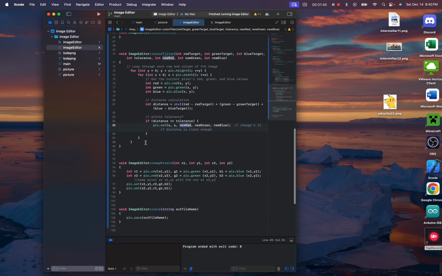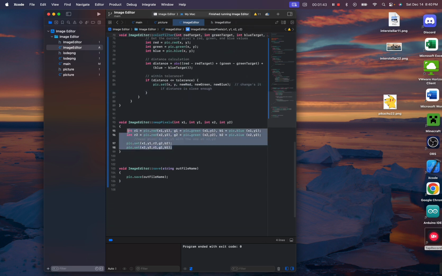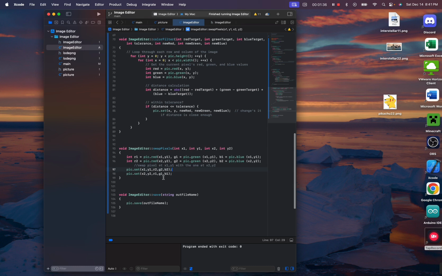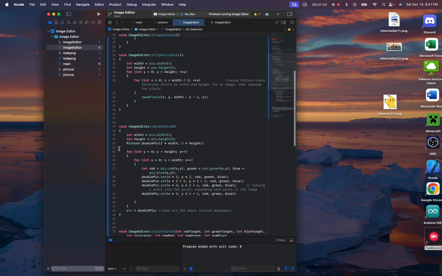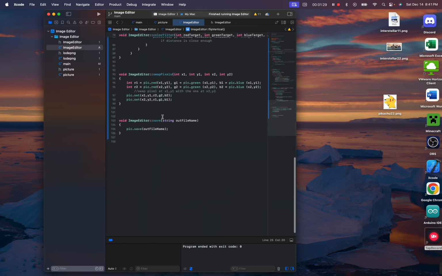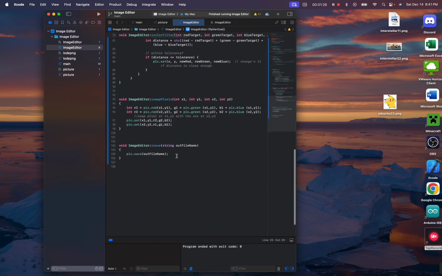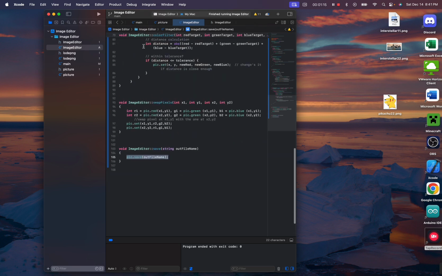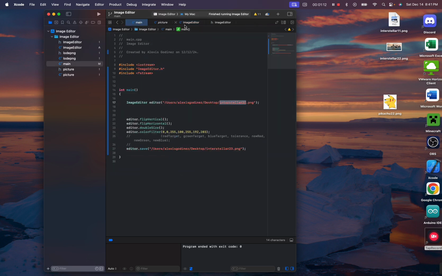And then I forgot to mention, this is my swap pixel function, so I'm just swapping one pixel with another pixel. This function is called up here in my loops to help me flip vertically and horizontally. Then after all of this is done, we're just going to have another function here to save the image to an out file. So that's my CPP and